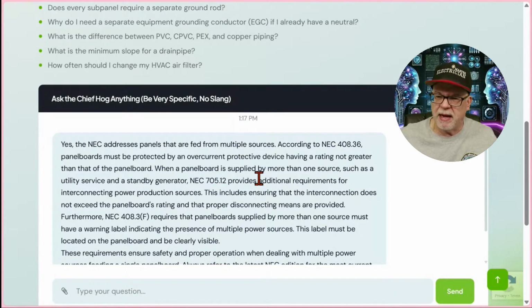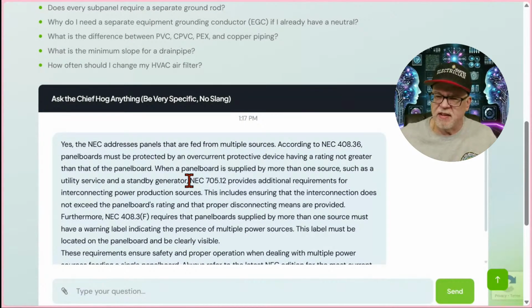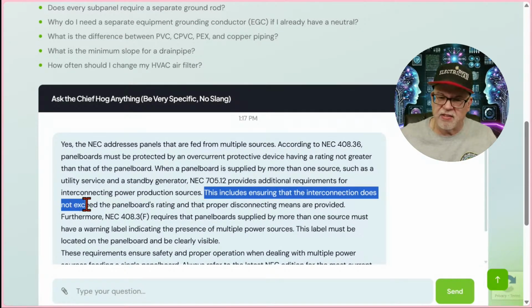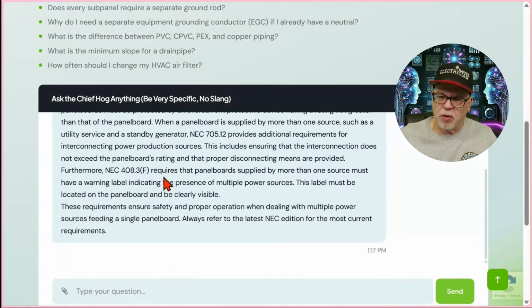When a panel board is supplied by more than one source, such as a utility service and a standby generator, right? That would be an example of two sources. It says NEC 705.20 provides additional requirements for interconnecting power production sources. It says this includes ensuring that the interconnection does not exceed the panel's rating and the proper disconnect means are provided. Furthermore, 408.3F requires that panel boards supplied by more than one source must have a warning label indicating the